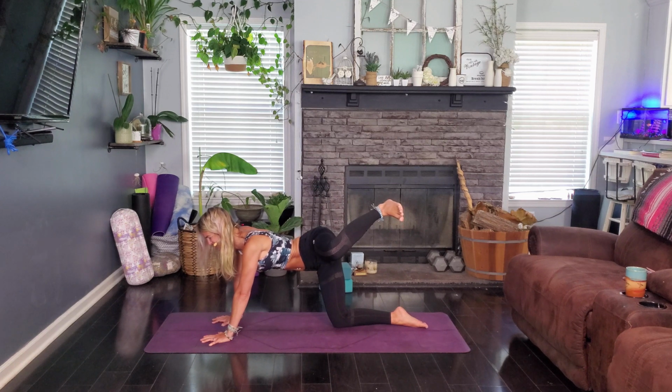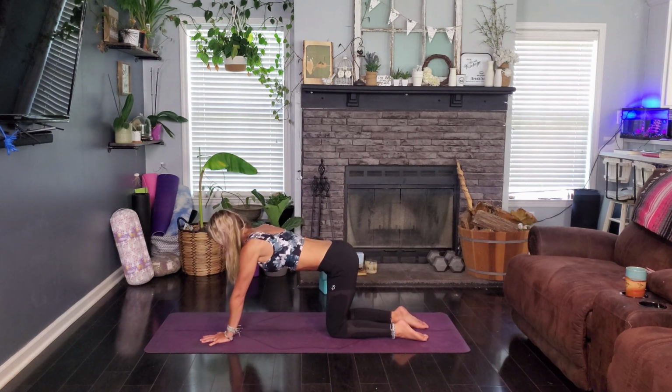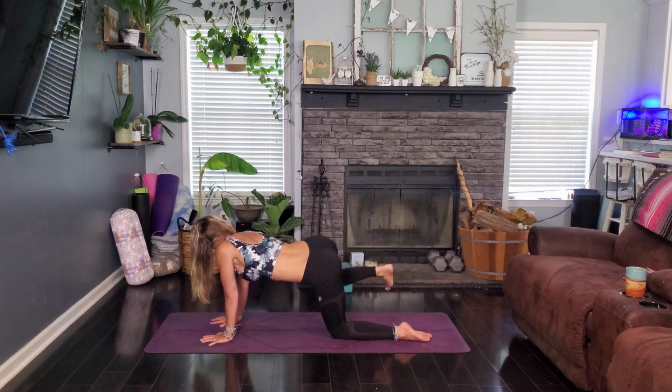Breathe. Smile. And release. Beautiful. We're going to shift on over to the other side. So lift that right leg up. And we're doing these again. So up and down for 1, 2,